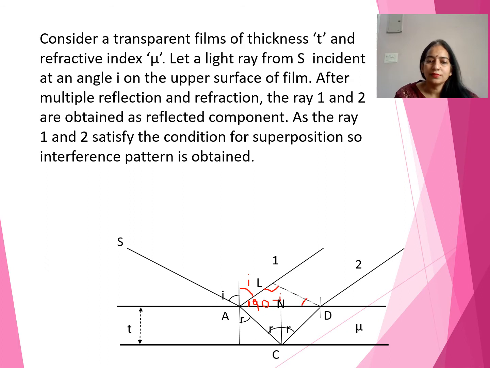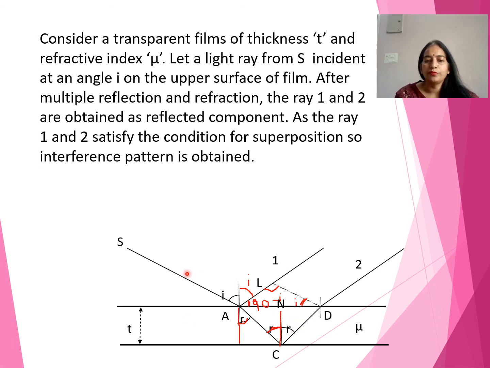So this angle, ADL, is i. This is 90, this is 90 minus i. So this angle is i. Now this angle is r. These two lines are parallel to each other. This is an alternate angle, so this angle is r. So this angle is also r. If this is r, then this angle is also r. Incidence angle is equal to reflected angle. This angle is r, so this angle is also r.